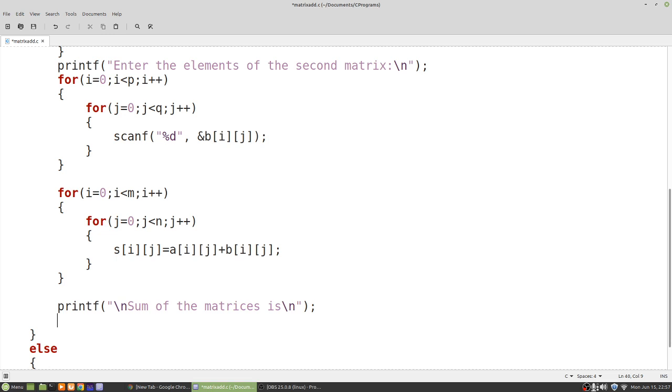So we need to display the first row first, second row next, third row after that, and so on. So here also we need a for loop.